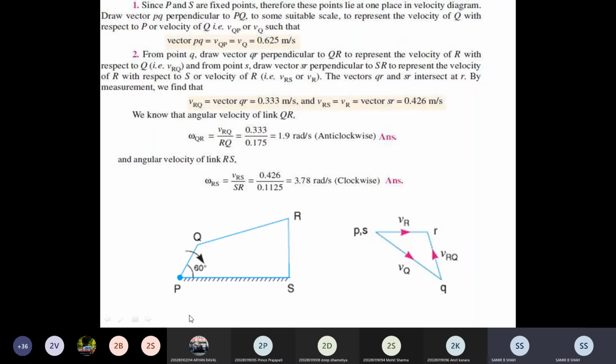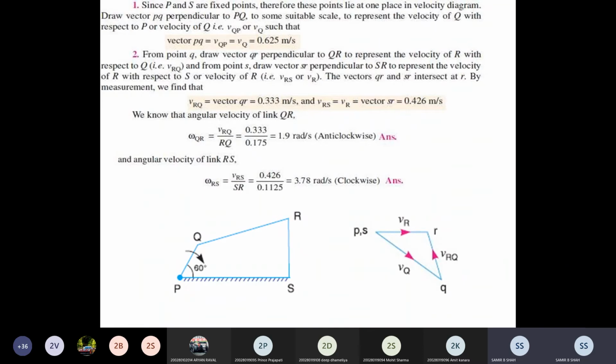Now we know that PQ is rotating in the clockwise direction. So take 90 degrees here. Every time, for reference, you may draw it here. It may be very helpful to you. After that, you may use the roller scale and scroll it near point P. It is in the clockwise direction, which means it goes in the downward side. So I get a line, which means the direction is there.